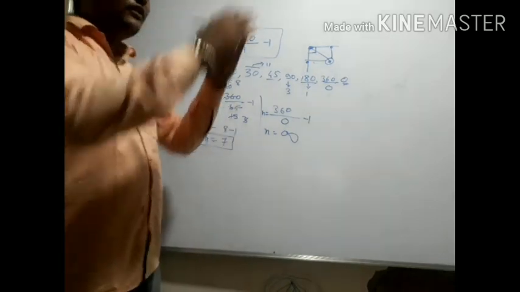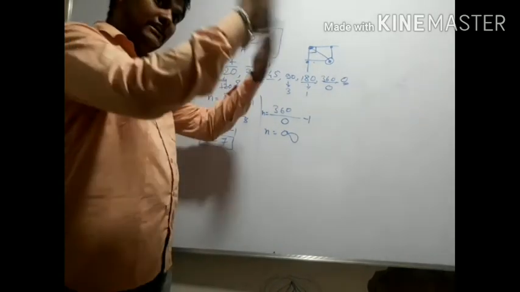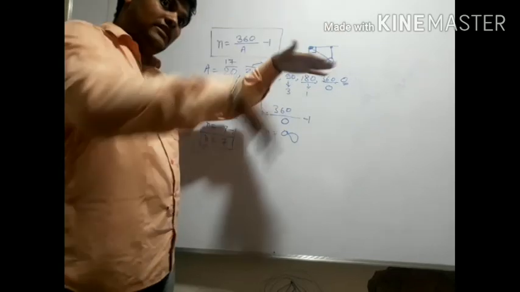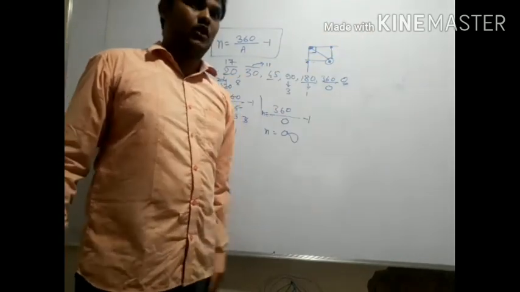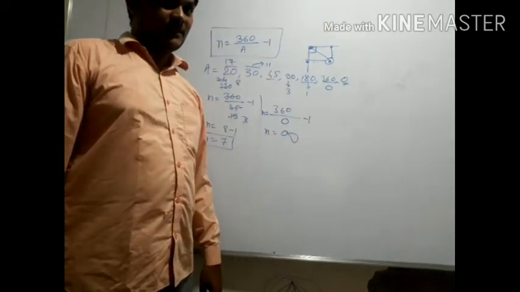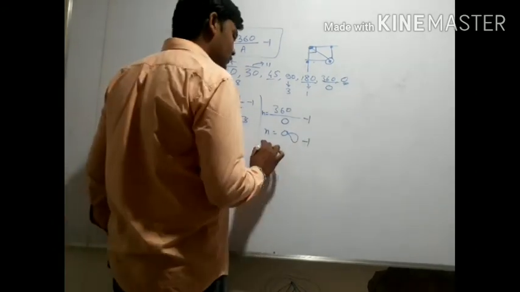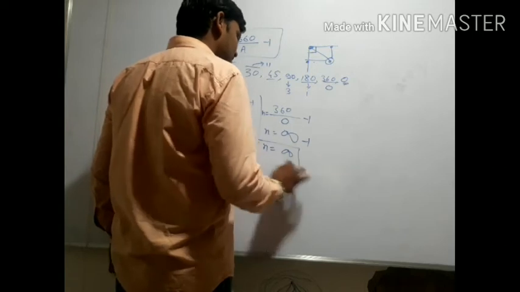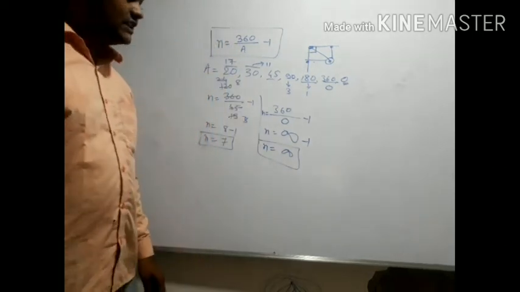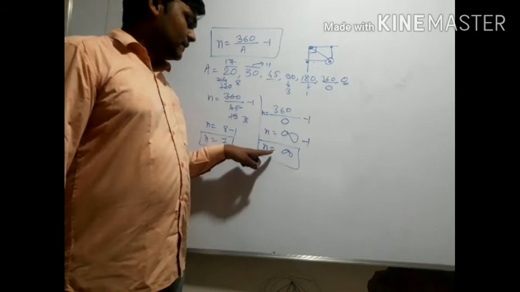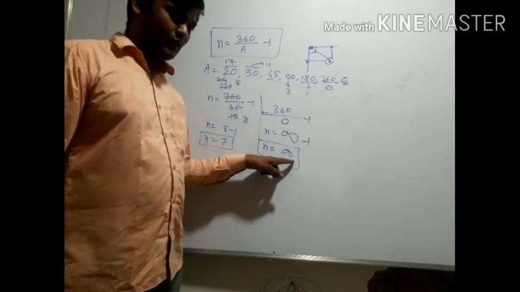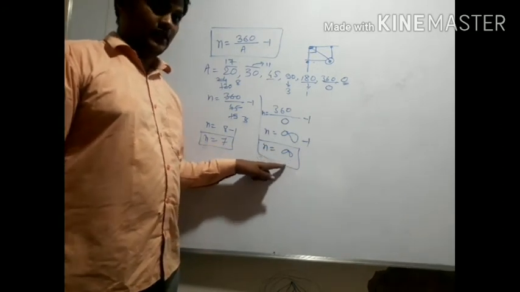So in the front mirror, we'll get our images inside the mirror, inside the mirror, inside the mirror. The number of images we get, we cannot calculate. That's the reason we have taken infinity, because infinity minus 1 is again infinity. So that's the reason when the angle between two mirrors is 0 degrees, the number of images formed in a plane mirror is infinity, isn't it?